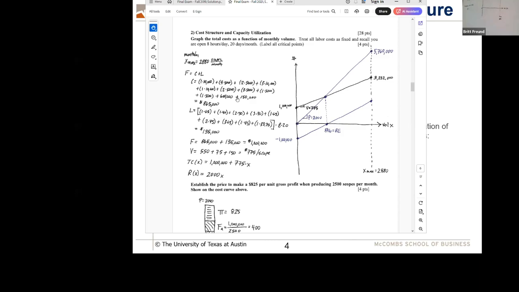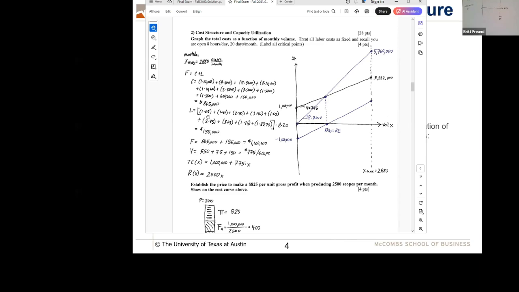But don't forget, we also have to pay our debt service of $600,000 each month. And we also have to pay our maintenance contract of $150,000 a month. So our capital costs are all of these, and they turn out to be $865,000 a month. You can see the bulk of that is the debt service, right? So the debt service is a big chunk of what our fixed costs are here. The rest of it is just estimations of depreciation and a bit around maintenance contracts.